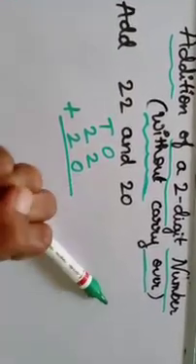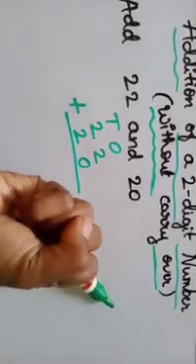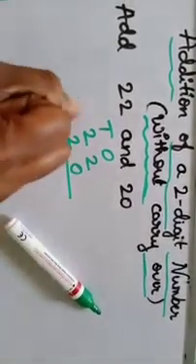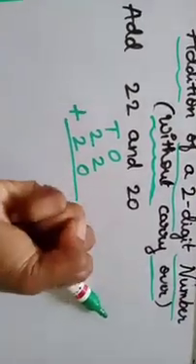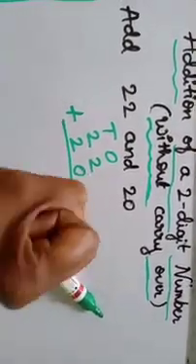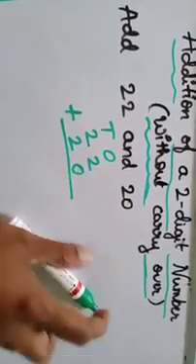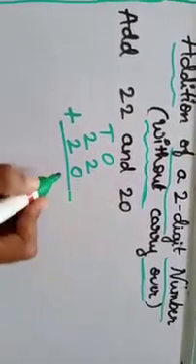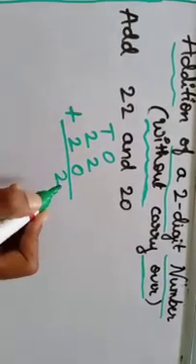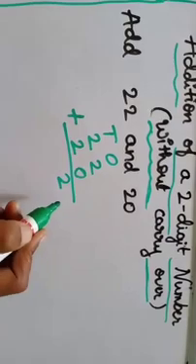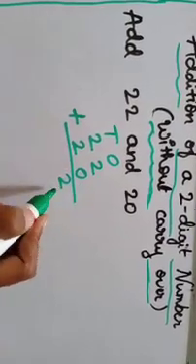How to take a 0? Nothing is there, isn't it? So do it like this. 2 is in the mind, 0 in the hand. So 2 after nothing, what do we have to do? The same number we have to write, that is 2. Write here 2. 2 plus 0 is equal to 2. Got it children? 2 plus 0, 2.